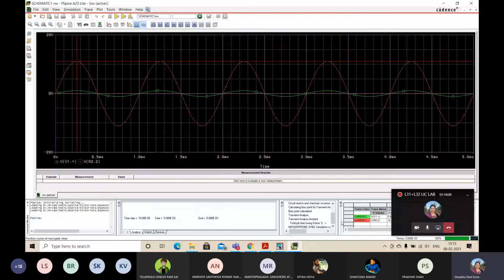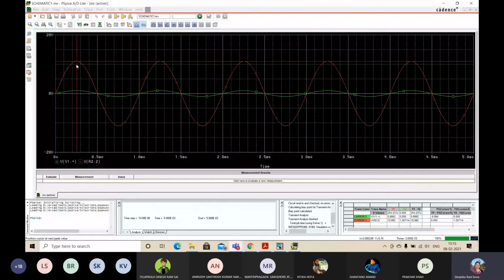And see the table, the values are changing. Yes, ma'am. Now the gain is 11. Output voltage 10.998, so 11, and input is 1 volt. Yes, ma'am, it is coming. Try for your inverting. Thank you, ma'am. Okay, fine.